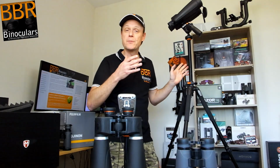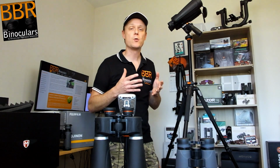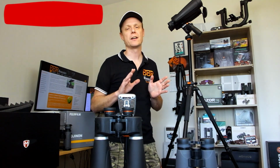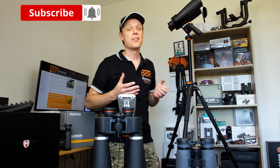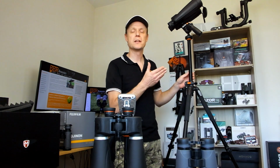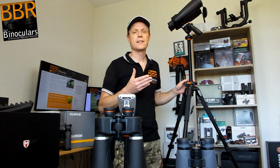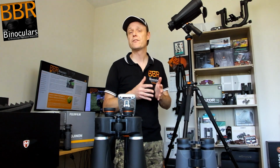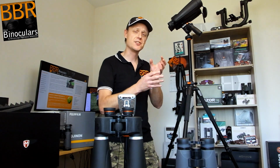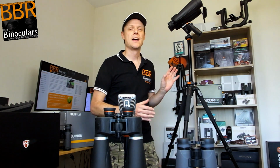No matter what setup you ultimately decide upon, I think the most important things to consider are the fact that a 25x100mm astronomy binocular is a large, heavy instrument, and therefore your tripod has to be easily sturdy enough and strong enough in order to take that weight. That's one reason why I would tend to stay away from very cheap tripods, which tend to be less well made and less precisely made, so that you do get quite a lot of wobbliness within the